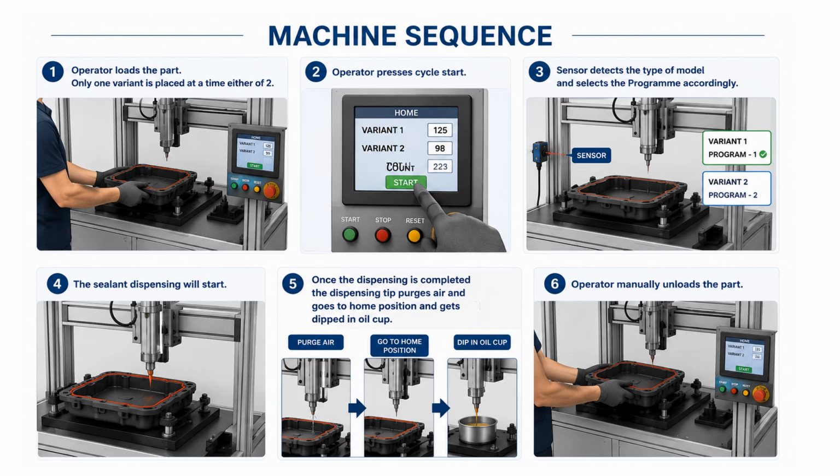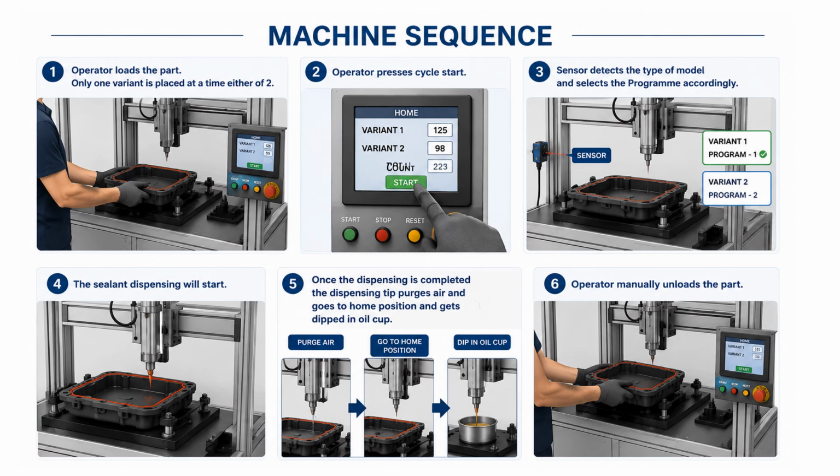So now we have the requirement, which kind of machine the customer wants. It is a semi-automatic machine. Now we know the parts on which we want to dispense the cylinder. There are two variants and both should be accommodated in the same machine. The second point is we have to load one part at a time inside the machine, not both parts. Another important parameter is the cycle time. For the complete cycle, we have 25 seconds.